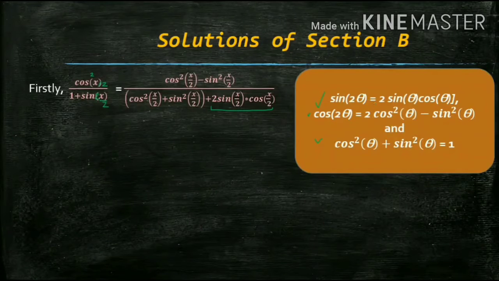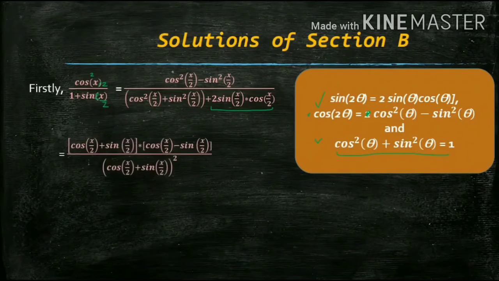First, you write this thing. Cos 2 theta, okay, just cut this. It would be cos square theta minus sin square theta. Then again you use 1 as cos square theta plus sin square theta, and then you use sin 2 theta as 2 sin theta cos theta. Now cos square theta minus sin square theta is nothing but a square minus b square.